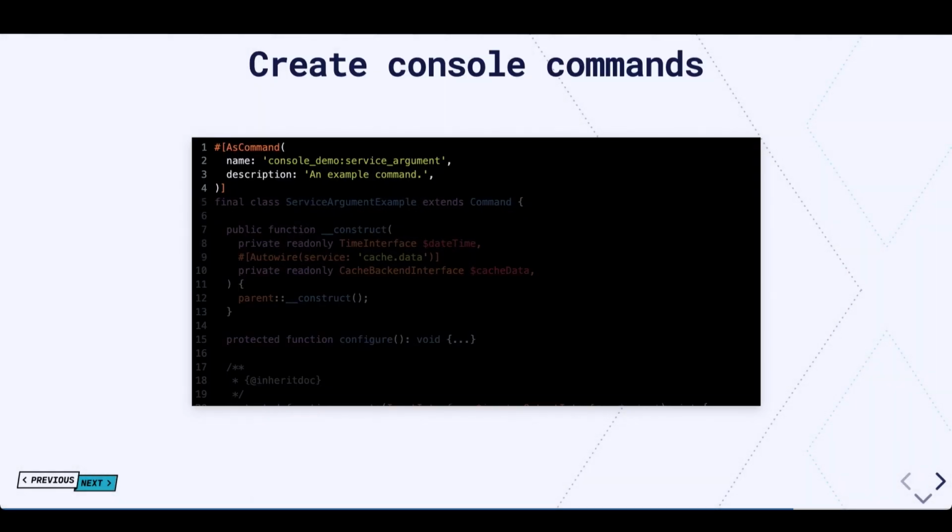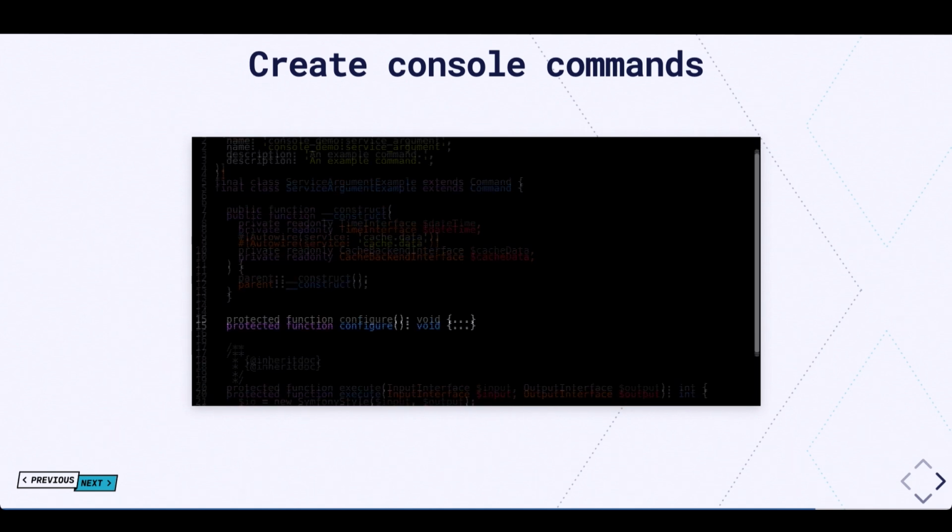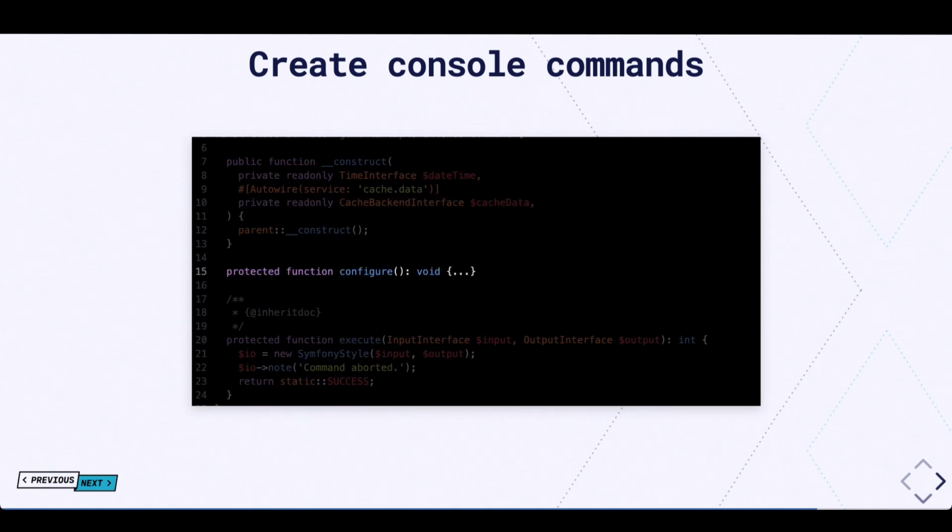Now let's see how we can write console commands over here. First we need to define the command attribute. We need to give a name, description, and it has various other things. Next, we need to define services if we need anything. By default, as we saw earlier, we made autowiring true, so it automatically takes care of dependency injection. If that doesn't happen automatically, we can use the autowire attribute of Symfony, and it will take care of autowiring the services. Apart from that, we have this configure method, which will